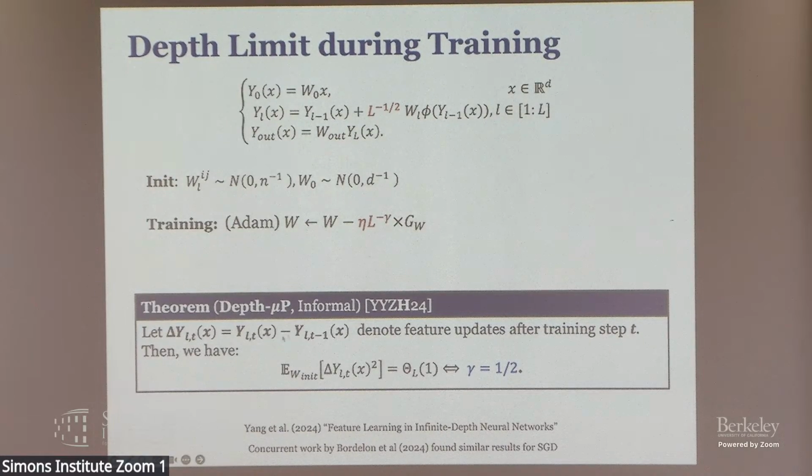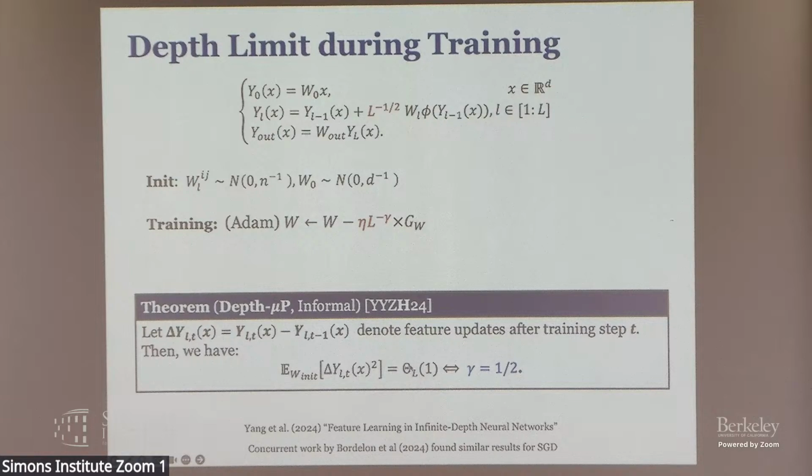So we proved that when you take one Adam step, the change in the features between step t and step t minus 1, for some hidden layer, is on average theta 1 in depth if and only if this gamma here is equal to 1 over 2. This theta 1 is coming from that intuition of stability. You don't want things to go to 0, you don't want them to blow up, you want them to be stable. And to have this stability with Adam, stability in feature learning, right?